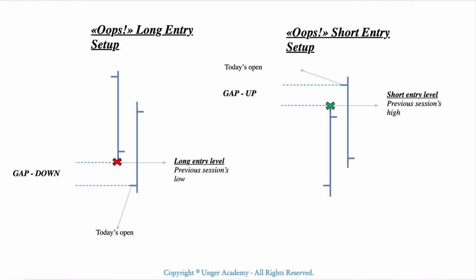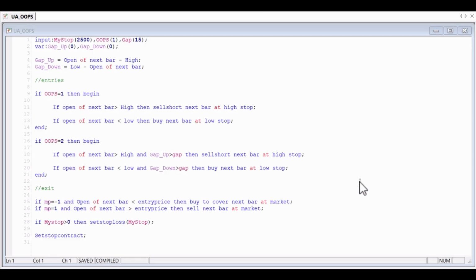Now that we fully understand how Larry Williams' Oops setup works, let's test its actual effectiveness using the DAX future through a simple script designed to assess the current strength and reliability of this pattern. Let's take a look at how the code is structured. At the top, we've defined two variables, gap up and gap down, to establish the conditions under which a gap actually occurs. In the core logic of the strategy, we've outlined two different scenarios.